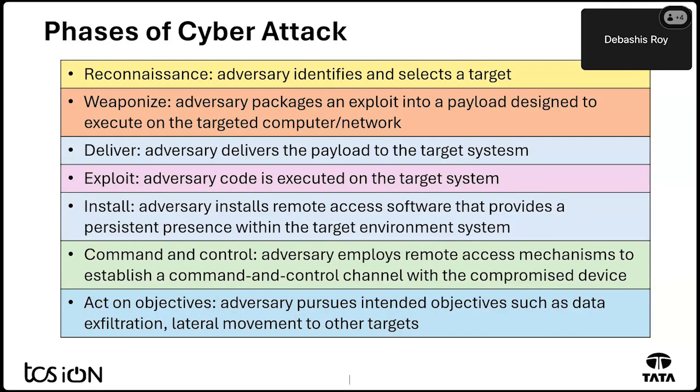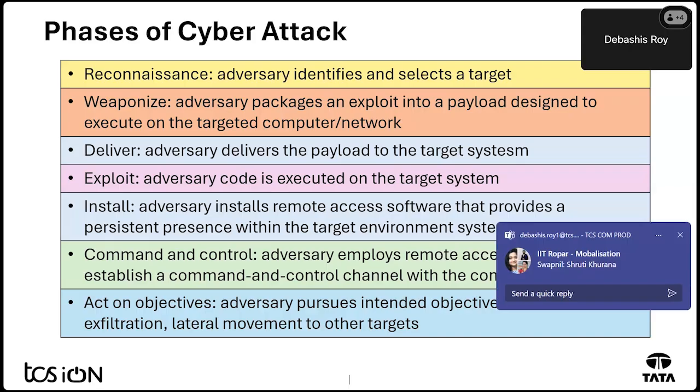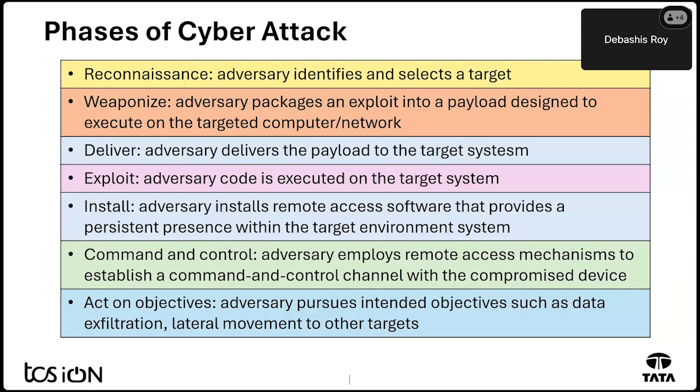Weaponize: it specifies the packages and exploit. Remember, I was using an exploit before launching the attack to create a designated payload. Say, for example, I want to do a VSFTPD attack, which means I want to use an FTP server and hack an FTP server. Or I want to use the Slowloris module of Metasploit to do a denial of service attack. So I would create my target host, then weaponize, select my weapon, put in the payload, and then deliver. That means I can use another tool called MSFvenom to test and deliver it to the target system. Then I would exploit.